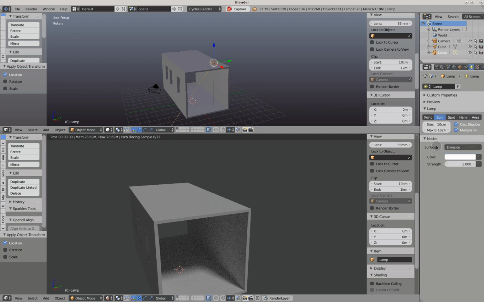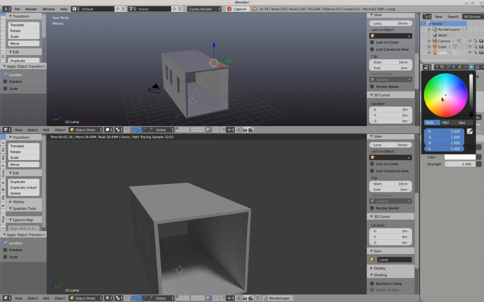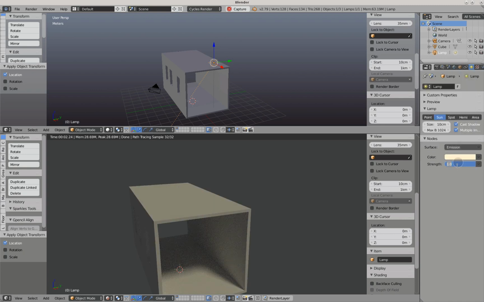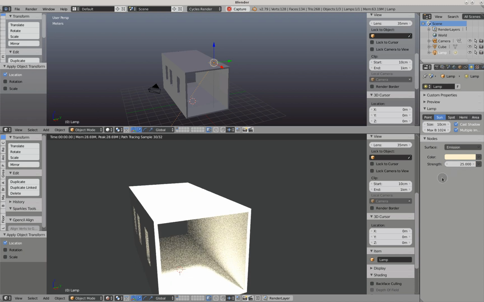Click use nodes, and then we'll change the color a tiny little bit to make it a little bit yellowish. And we need some strength here. We need a strong sun, and we're going to make it essentially a point size. The reason for that is so that we can get a better